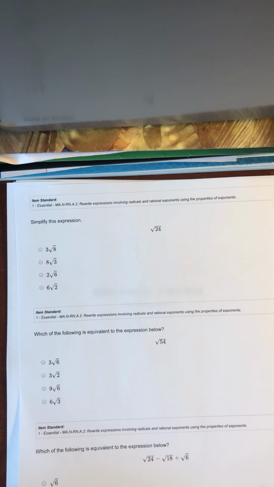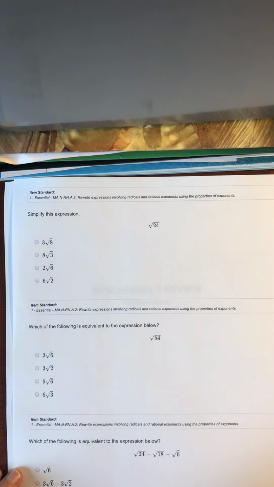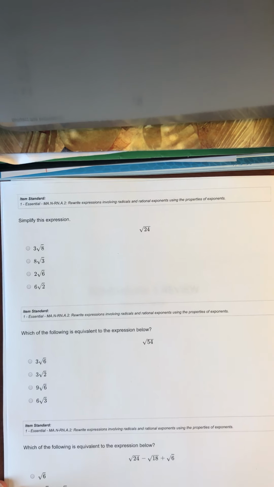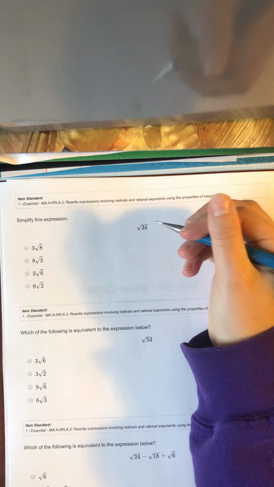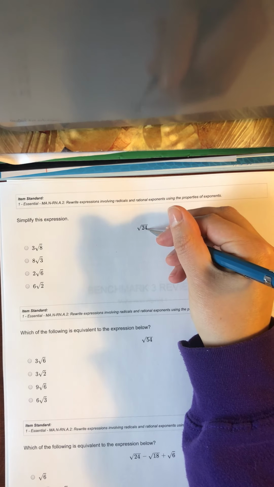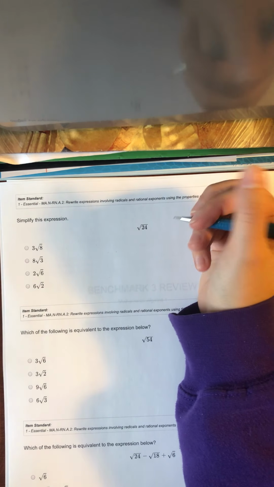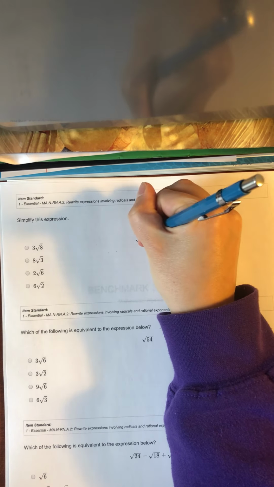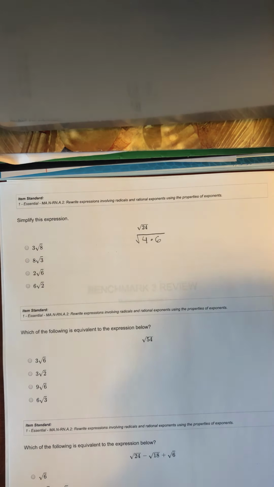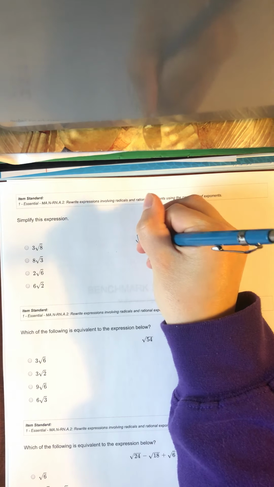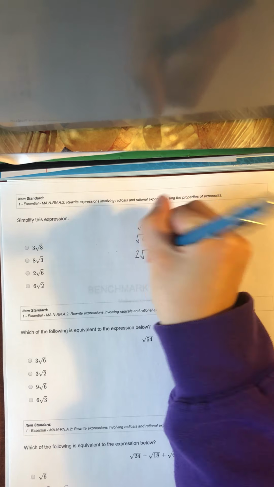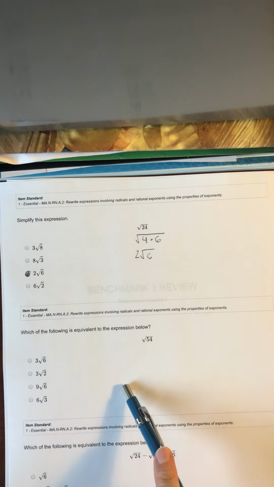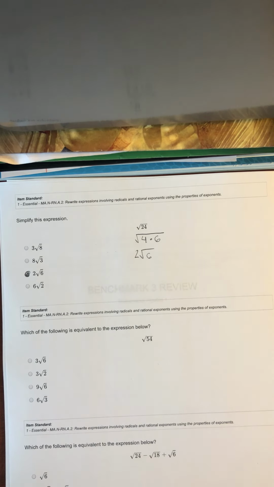Simplifying radicals. We haven't done this in a while, so let's just go over that. Square root of 24. You have to think what perfect square goes into 24. That would be 4, so I can simplify this to the square root of 4 times 6. And the square root of 4 is 2, so it's 2 radical 6. This one you can do on your own. This last one,